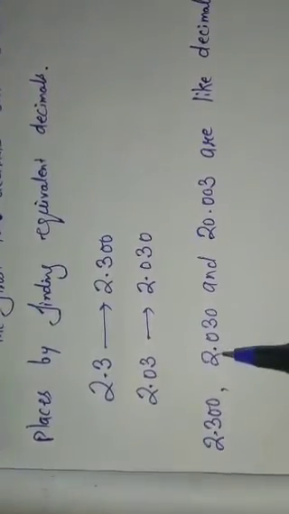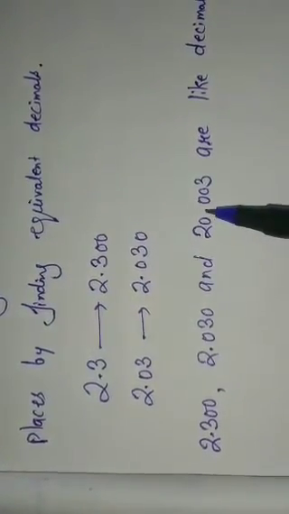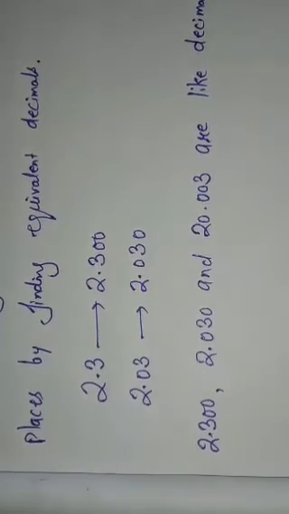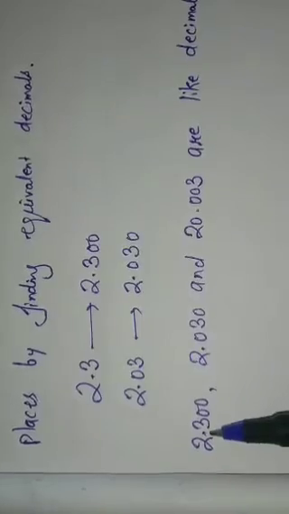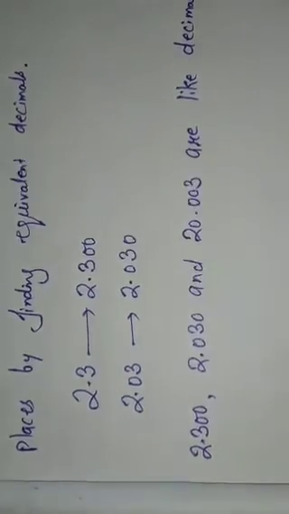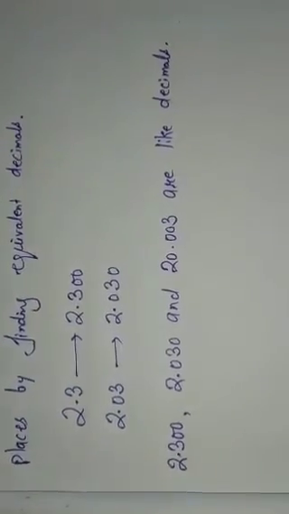Here 2 has been given, here 2 has been given, here 20 has been given, but you should not touch any digit before the decimal. You will convert that number into like decimals after the decimal point. Okay, so I think students now it is clear. Students, the D part I am also providing to you in your homework.